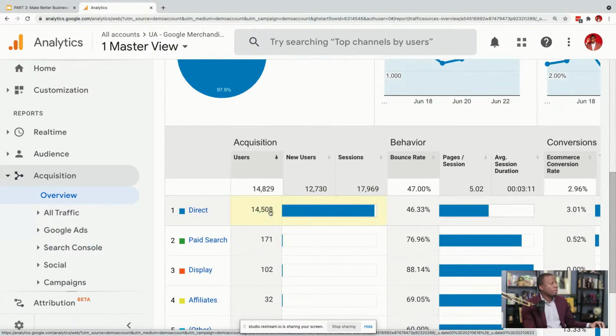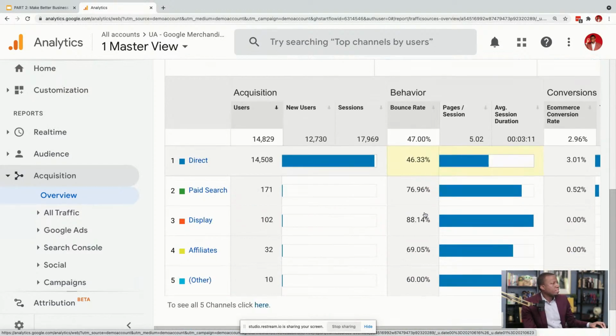So once again, you can see it breaks down people that came direct, paid search. It didn't tell you their behavior. Are they staying on the site long or not? The bounce rate for direct is way lower than paid search. That's normal because paid search is an ad. Somebody's guessing, so they may come to your site and not know. But chances are when somebody types in your website address directly, they know exactly what they're looking for. So that's not surprising to see.